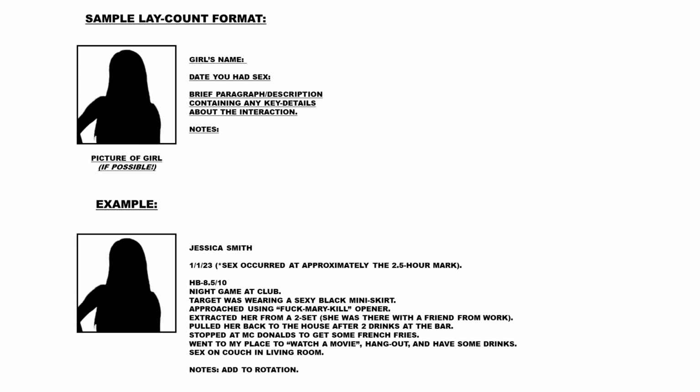and then you might want to write what's called a lay report or a field report, kind of just a few sentences or a couple of paragraphs describing how you approached her, how you picked her up, how the interaction went, how many hours or minutes it took to get the sex, and the date that it happened. So her picture, a brief description about what happened, a lay report, a field report,